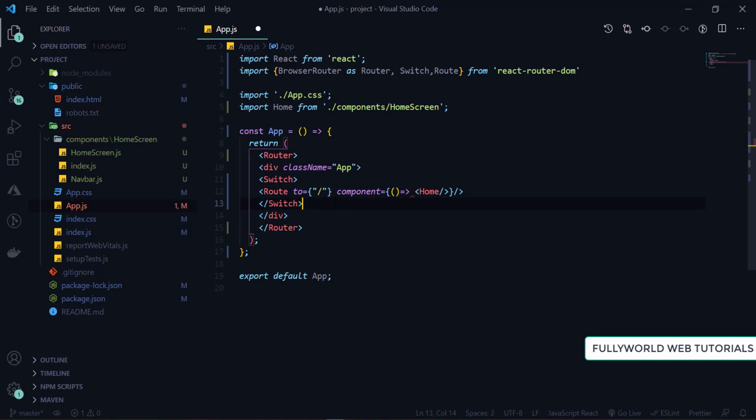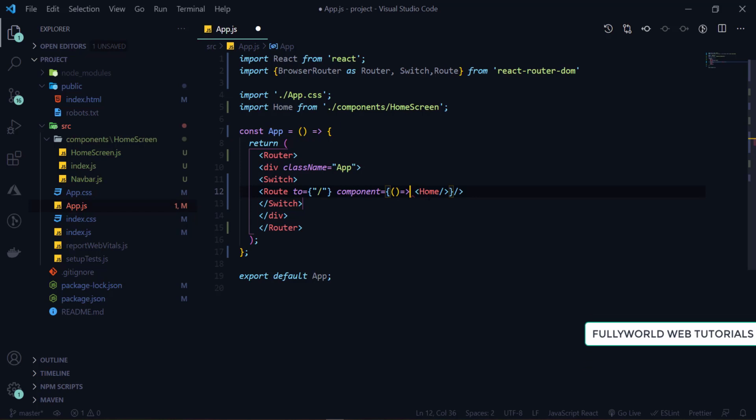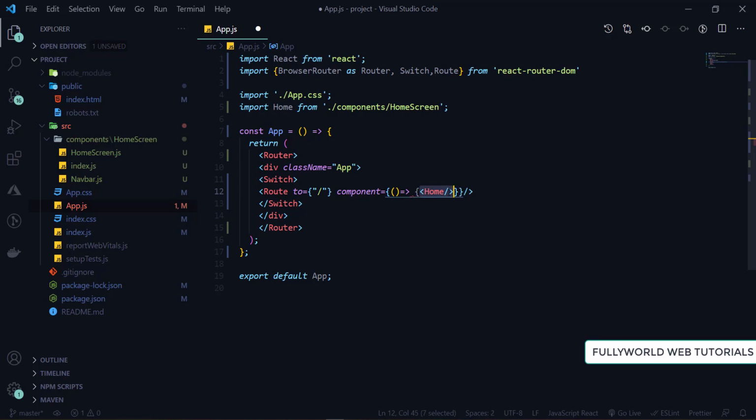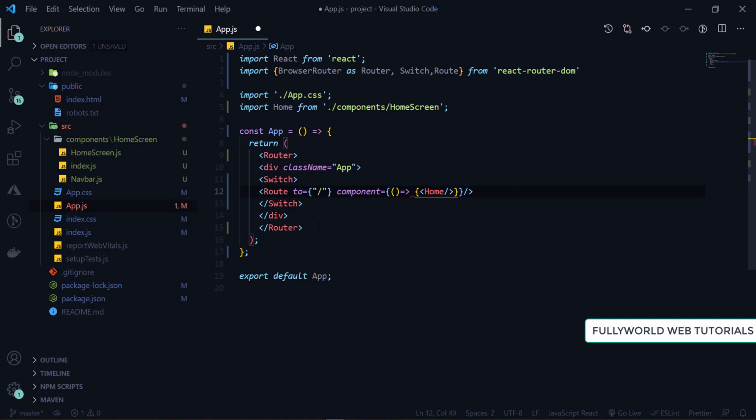If we don't want to pass any params or props to this component, then you can simply do it like that. You don't have to write it like a tag, simply you can write Home only. I don't know why this is an error.